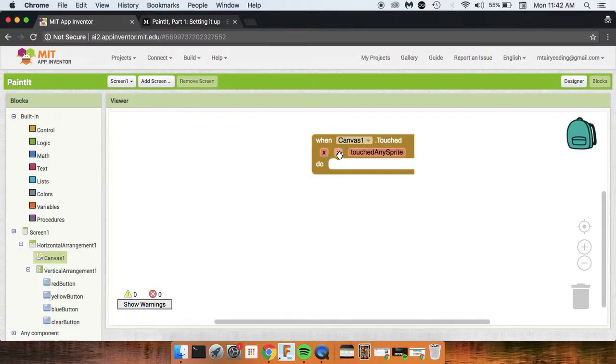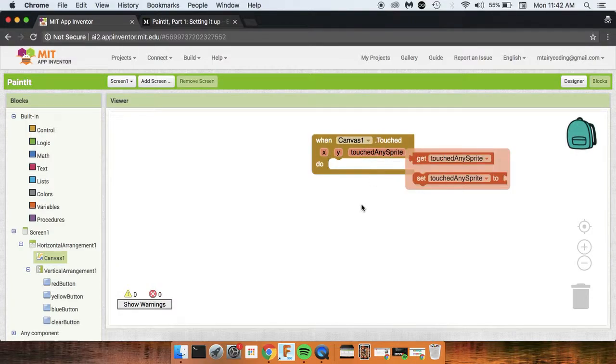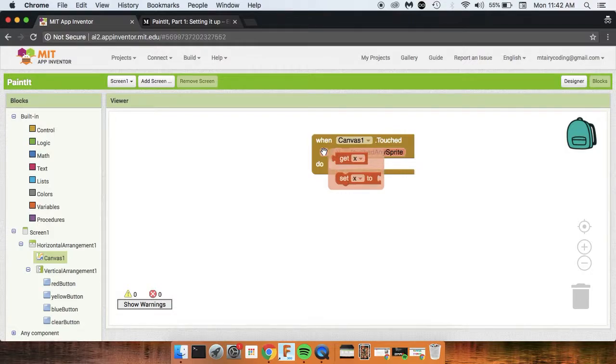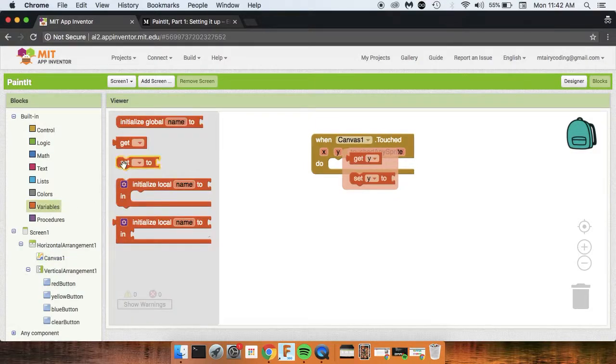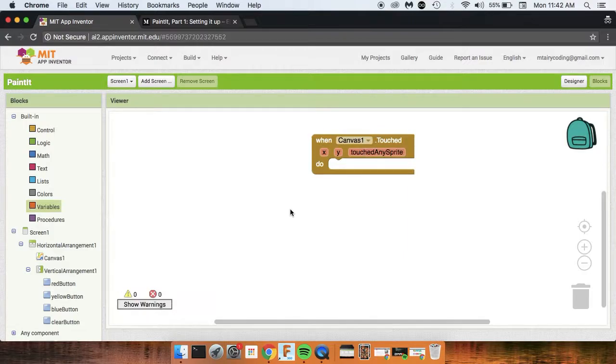You'll notice that it has some orange boxes on it, and that if you hover your mouse, just set it down and don't click on one of those boxes, you get orange blocks that look a lot like the ones we used when we made a variable. So now we've said when the canvas is touched,